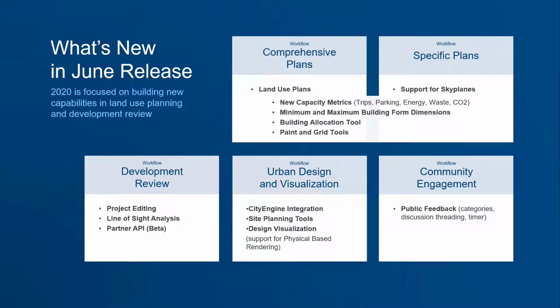Many of the capabilities, the new capacity metrics, the minimum maximum building forms, the paint and the gridding tools, are shared between comprehensive plans and specific plans, shared between land use plans and zoning plans, so you can use them in either location. In terms of development review, we showed the project editing and the line of sight. The other thing that we're still working on is an API for being able to support external applications touching and using projects and plans from ArcGIS Urban. And that will enable third-party systems like permitting systems to start to be able to push up and publish projects